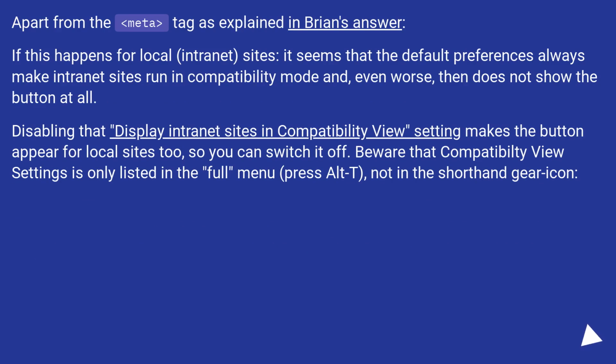Apart from the X-UA-Compatible meta tag as explained in Brian's answer, if this happens for local intranet sites, it seems that the default preferences always make intranet sites run in compatibility mode and, even worse, then does not show the button at all. Disabling the display intranet sites in Compatibility View setting makes the button appear for local sites too,